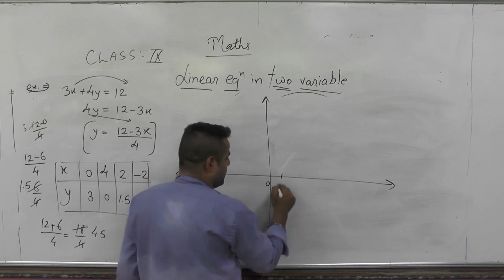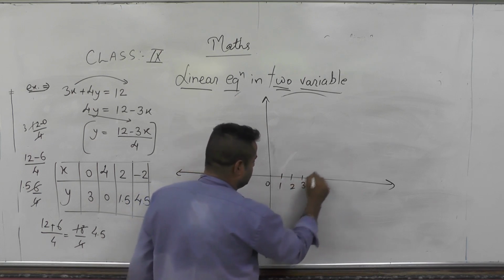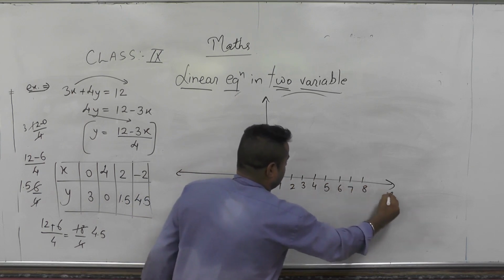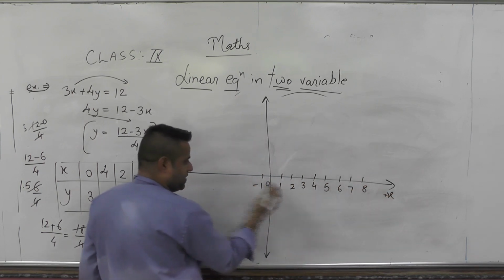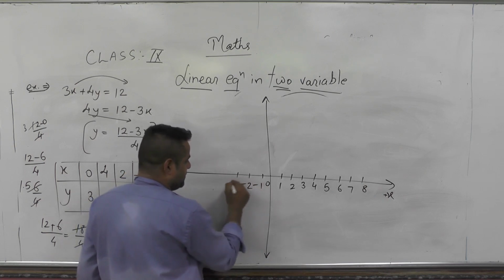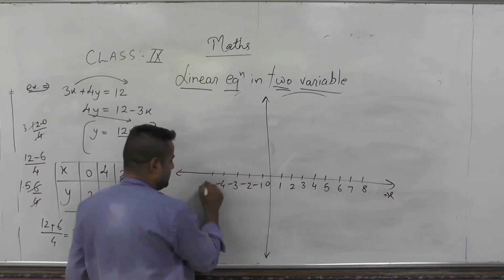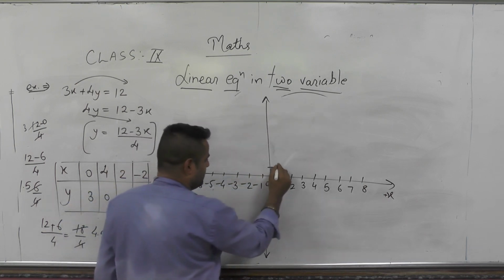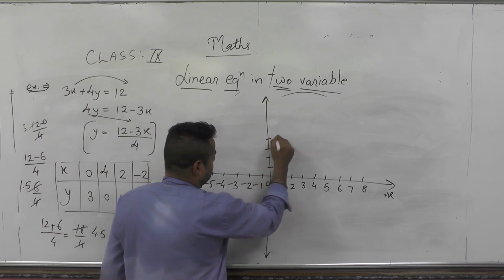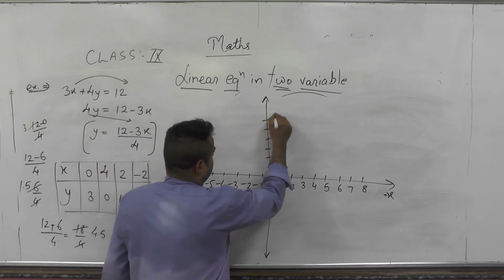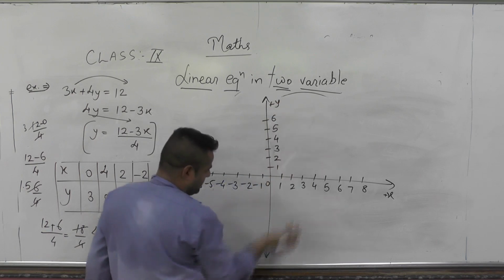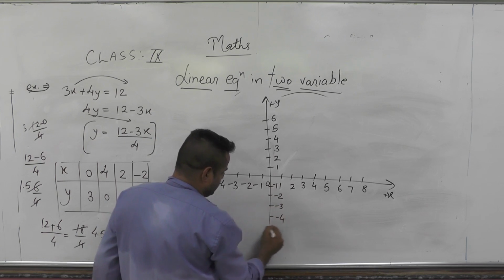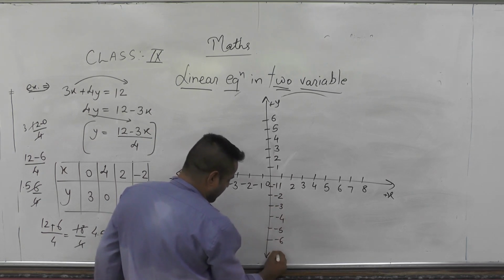Once you are moving ahead, you get the positive numbers 1, 2. Okay, this is our plus x-axis. Once you move behind on the left, you get negative numbers in sequence. This is our minus x-axis. Once you move above, you will get positive numbers. This is the positive y-axis, and if you go down, there are negative numbers here. This is our minus y-axis.